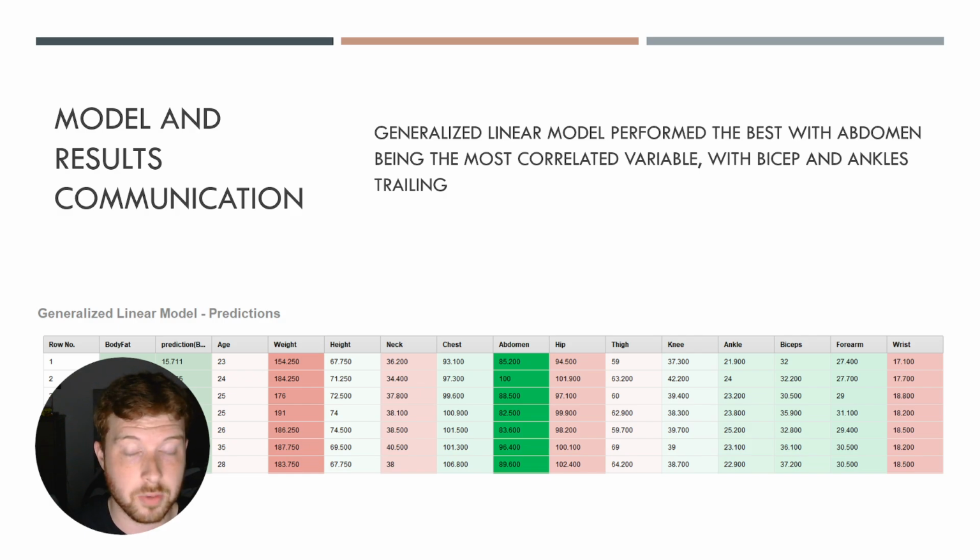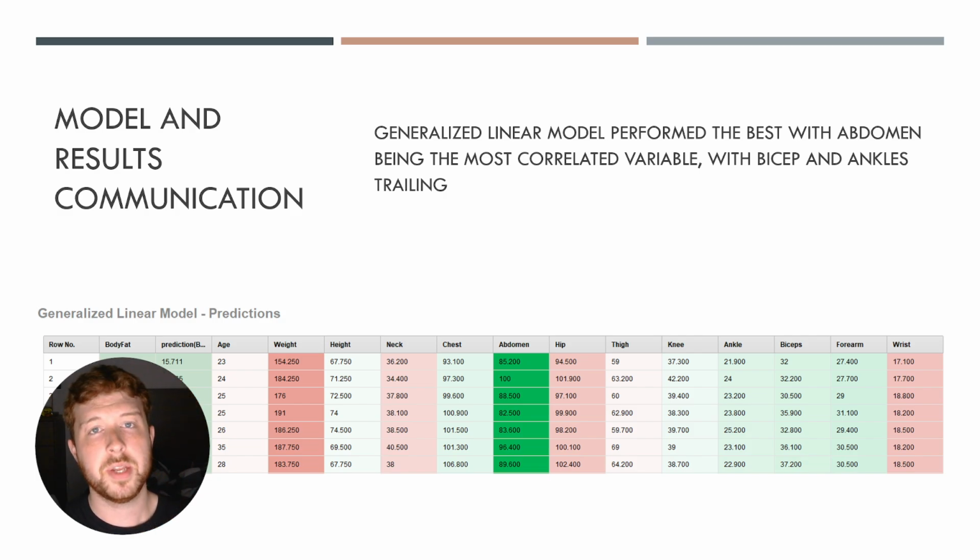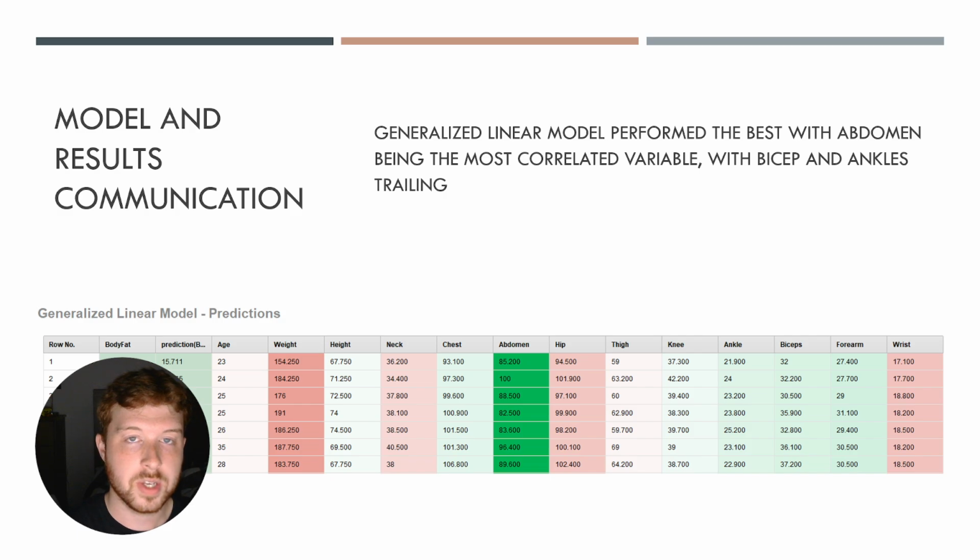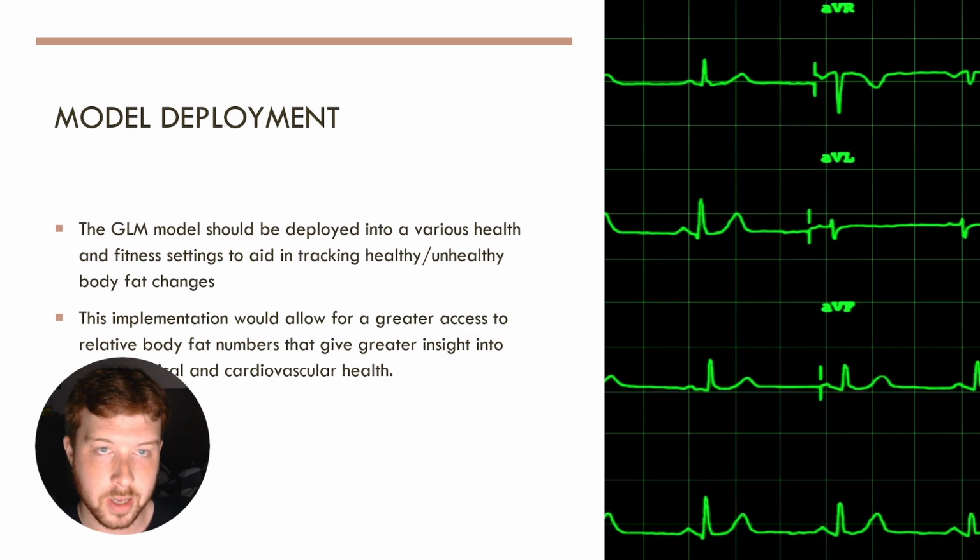So weight itself, interestingly enough, was not an immediate indicator of body fat percentage. This could be due to numerous factors, but I think the running theory is that weight is relative to height, and there are many factors that come into considering weight versus height, such as bone density, muscle mass, water weight, numerous things. With all of this being said, in what use case should this model be deployed, and should it